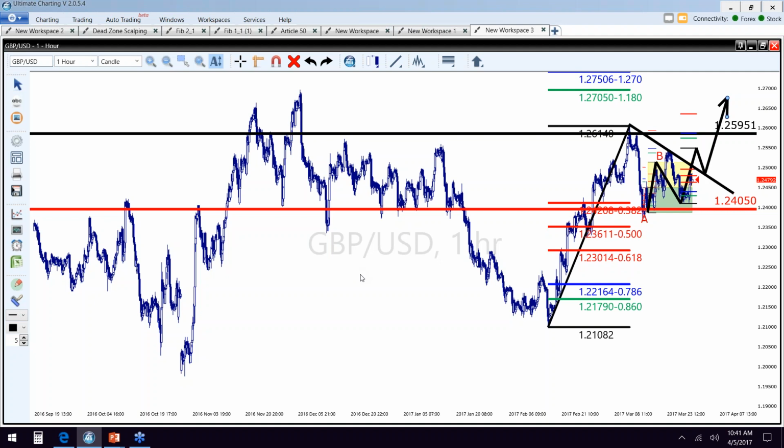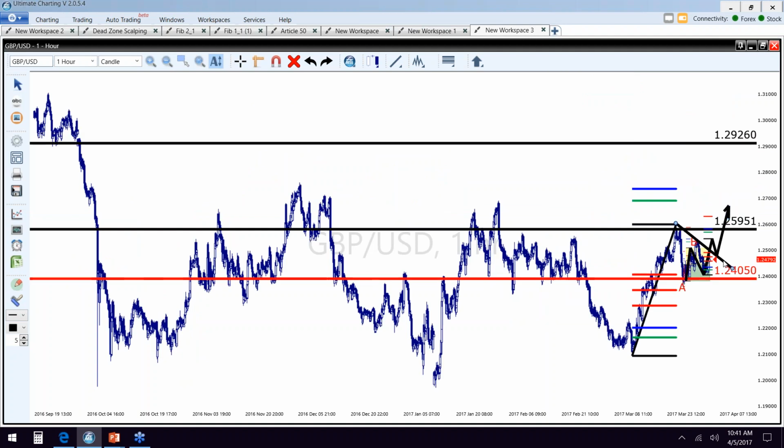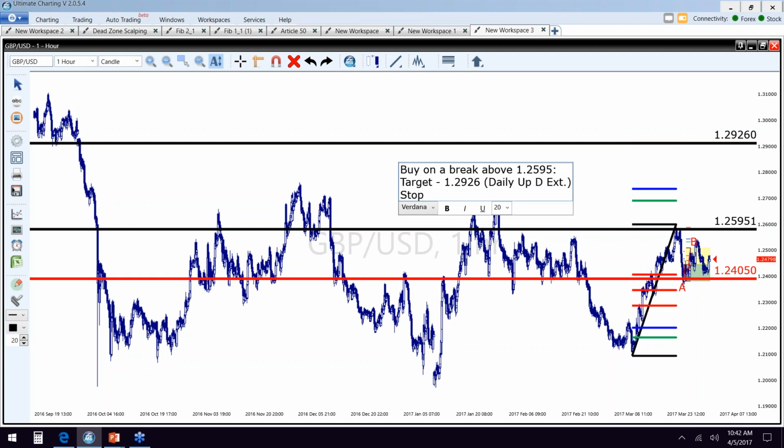Let me just zoom out. Clean this up a little bit. All right, let me clean all this up. It means this: buy on a break above 125.95. Target 129.26. Why 129.26? That is the daily up extension. Stop